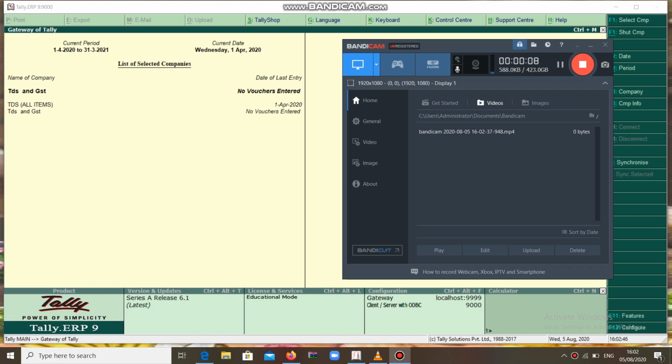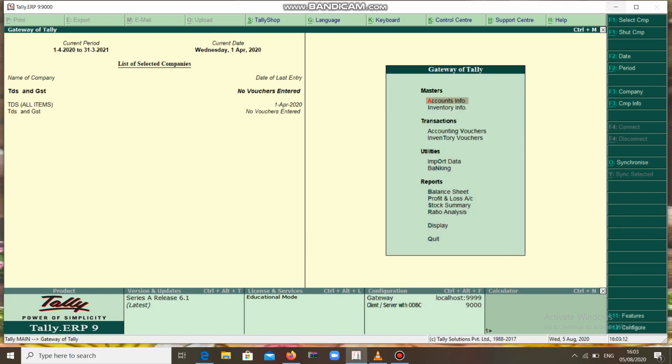Today I am going to explain the creation of TDS with GST. Means I am calculating both GST and TDS simultaneously for unexpected income, like TDS on winning from horse race. See, winning from horse race is unexpected income, so the government is collecting 30% tax. If it is expected income, the government will collect 10%. For unexpected income, 30%.